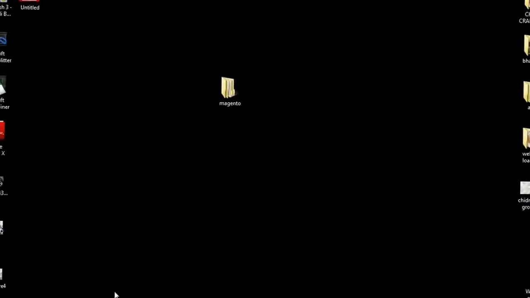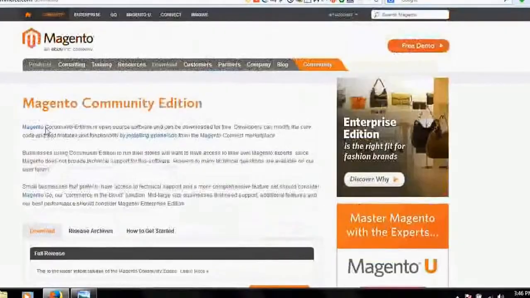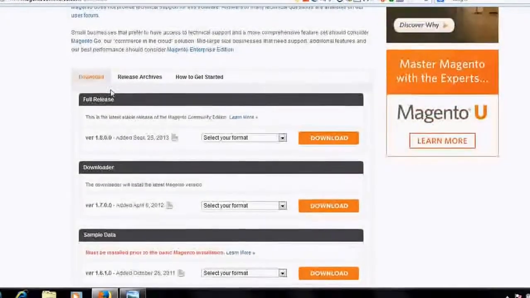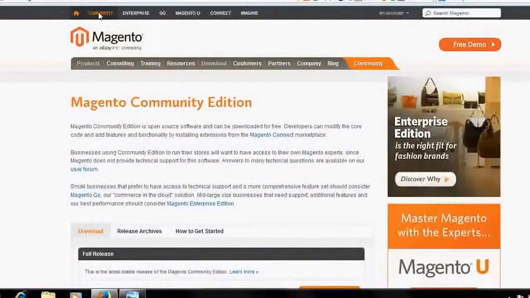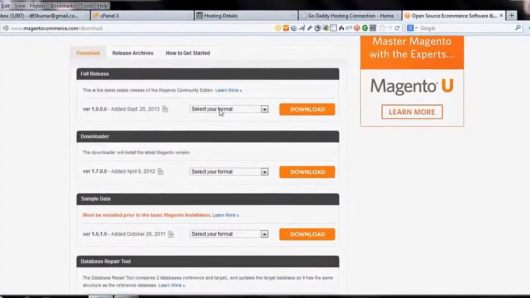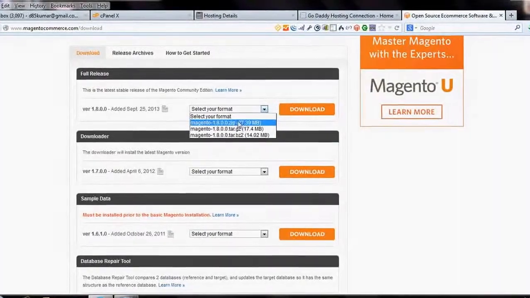So first of all you have to go to the Magento Commerce website, go to downloads, and in the download you find here community edition. It is free. I would suggest that you download both. This is the full release version of Magento in GIF format.